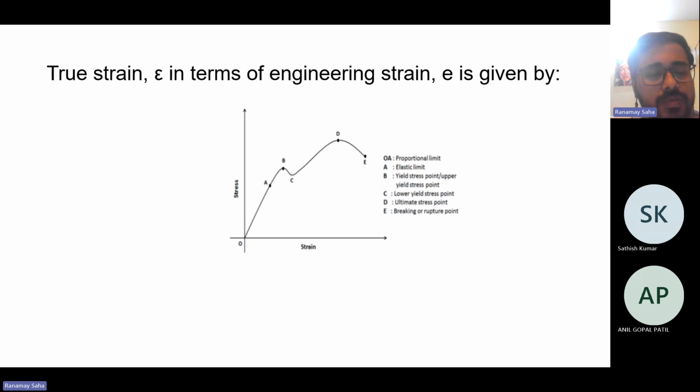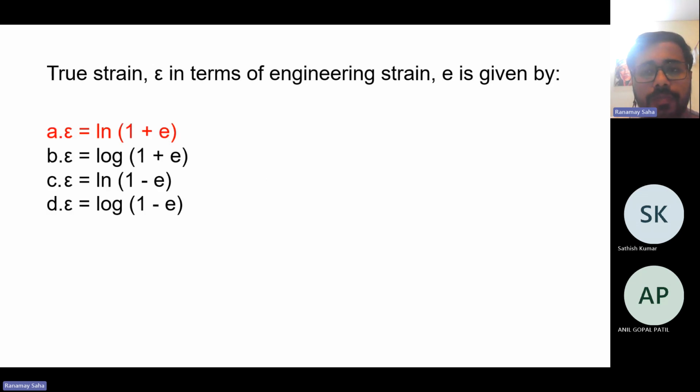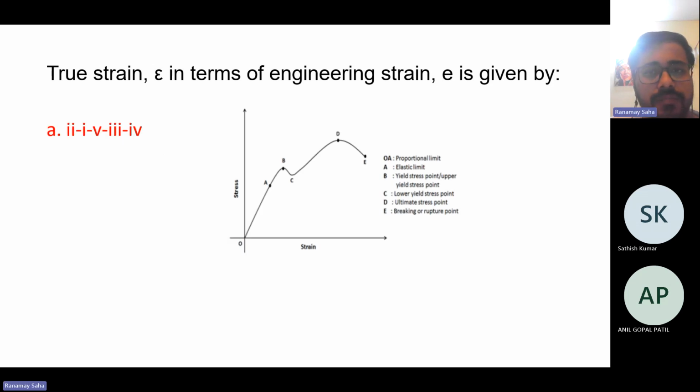And we actually also solved one of the questions out of this topic, finding out manually the true strain, during the last session. Having said that,